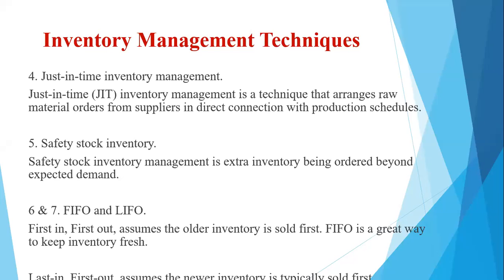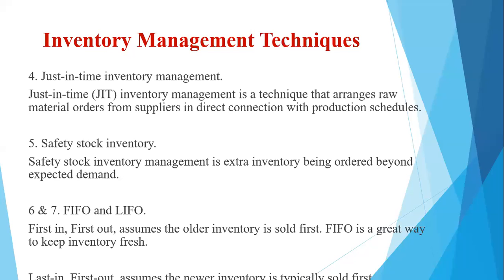The requisition is raised for 300 units by the manufacturing department. What will happen? The last batch, wherein we have procured 200 units at a rate of 5.10 per unit, those 200 units will be issued first at a rate of 5.10, and then from the previous batch, that is the second batch, 100 units at a rate of 5 will be issued. So that's how the difference will always exist with LIFO or FIFO methods of issues being made to the production department.